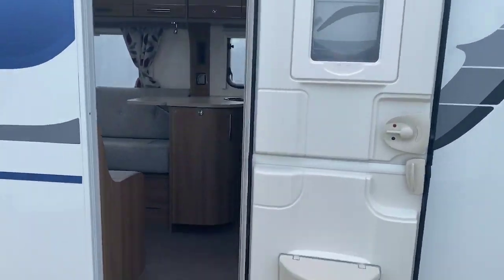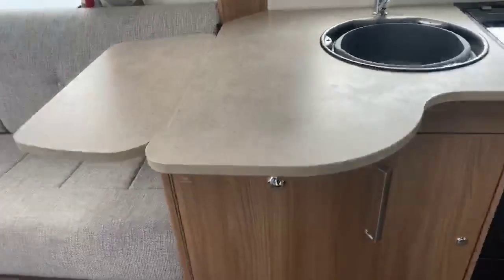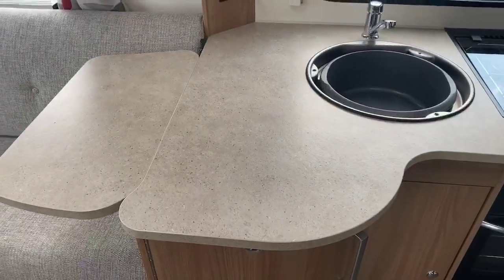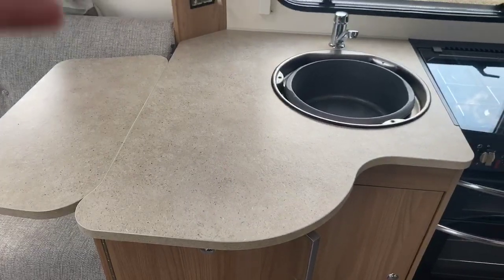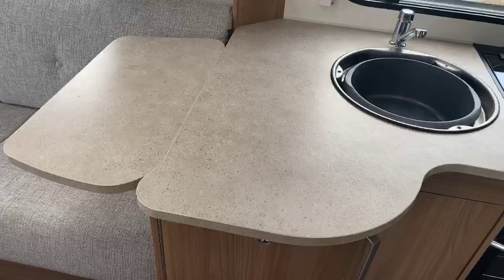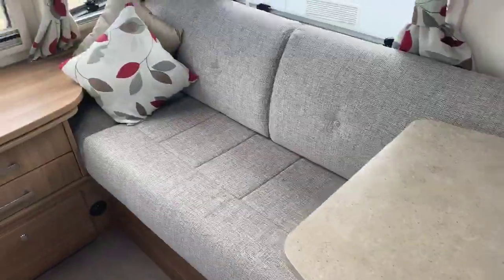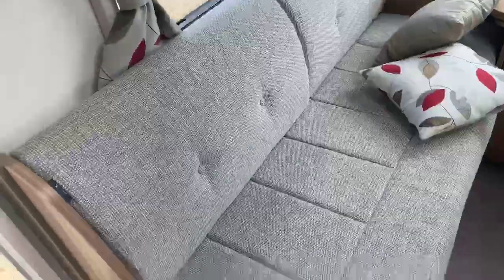As we step inside, one of the unique features that you see with the Bailey range is this curved work surface and also work surface extension. That's to allow access for the gas bottle, which is located at the side of these particular models. You've got the wonderful fabric scheme in this 2017, which has been clearly really well looked after by the previous